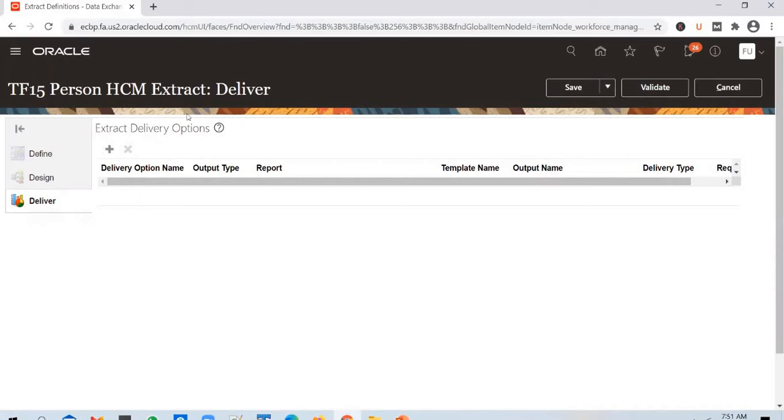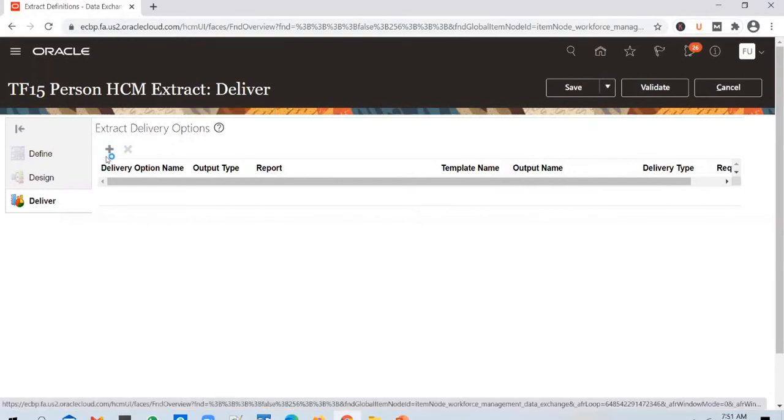I mentioned earlier as well that setting up delivery options is quite important for an extract, because at the end of the day, you are generating a file which needs to be delivered somewhere so that the other system can pick it up. Don't think that this is a report, or that the user will run it and see the file for himself. You normally create extracts and schedule them, and the extracts will keep running in the background, and they will generate a file and push it to UCM, and the other system will pick up that file and load it. So this is not a report. So don't think of it as a report. Think of it as an extract.